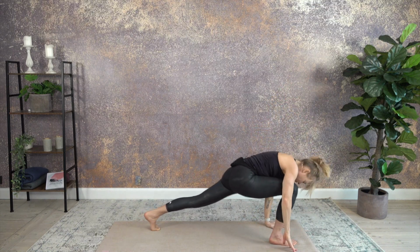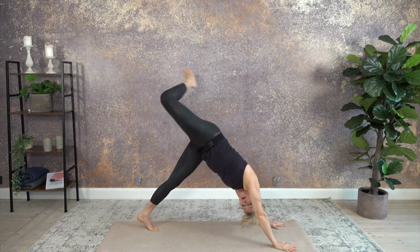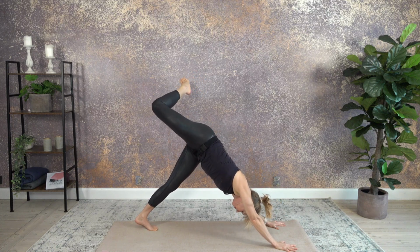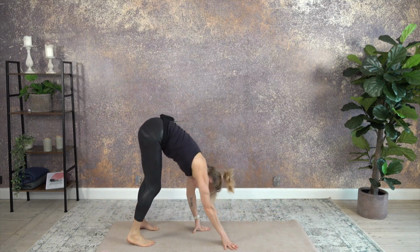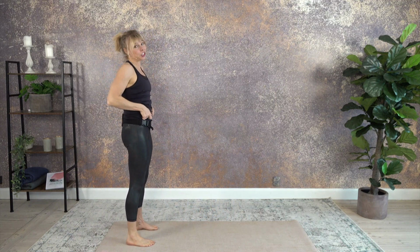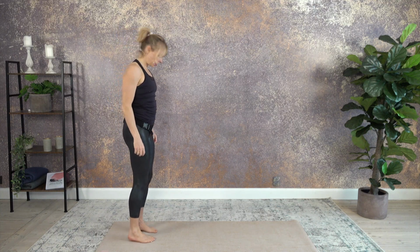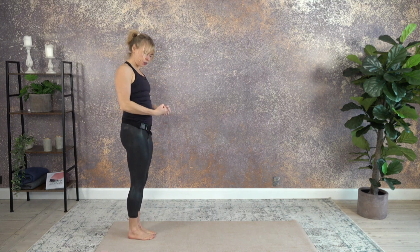And bring your hands down, step your left leg up, shake it out. Maybe opening up your hip. Then bring your foot down and walk yourself back towards the back end of your mat. Mountain pose. Catch your breath. Then get your feet, knees, whatever can get together here, get it together at the back end of your